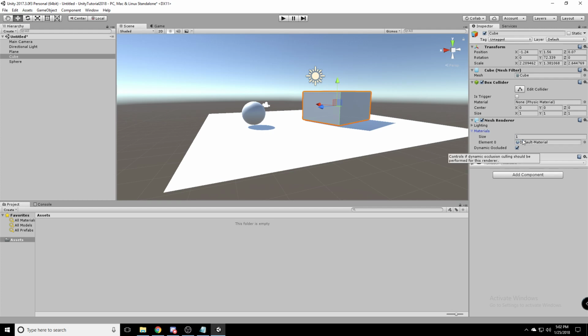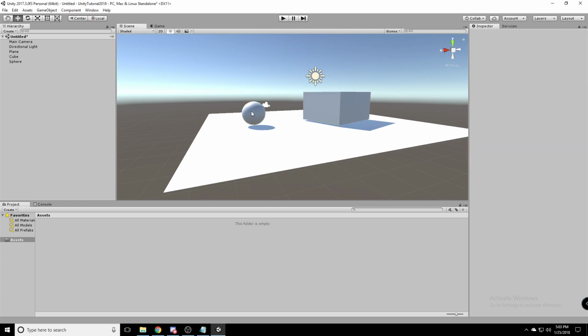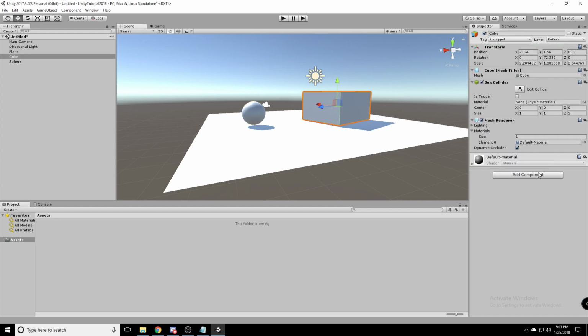Here's also where you can change the material. So if you don't like the default gray material for this cube, you can create a new material and add it there. Okay. But there's not too many interesting things that you can do in the editor without code. So we want to start moving into the scripting tutorial. So to do that, let's say we want our character object to be this cube. We can start writing a character script and add this component